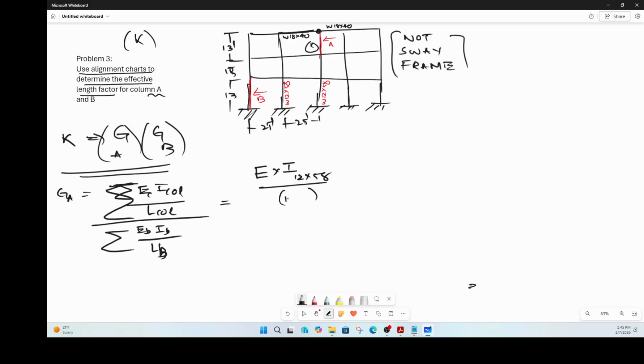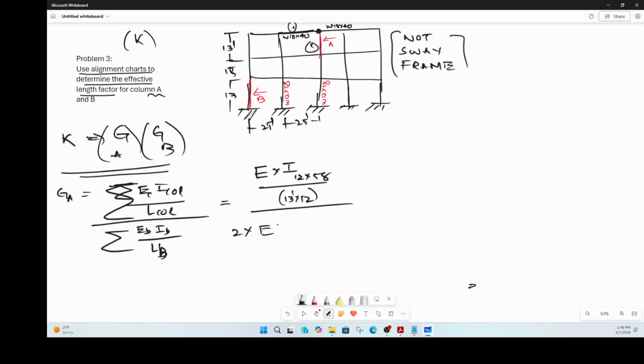So the height of the column is 13 feet. So 13 feet times 12 inches, right? Because of your E value, that is the only column there, whereas there is a beam on the left side and a beam on the right side. So you have two beams, and assuming the material E of the column concrete and beam concrete is the same,